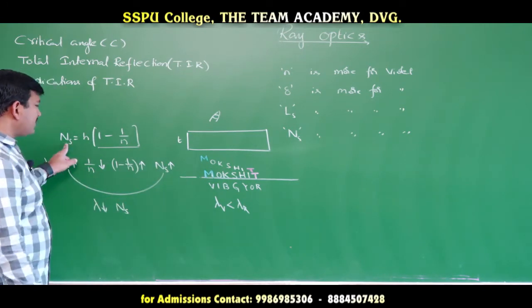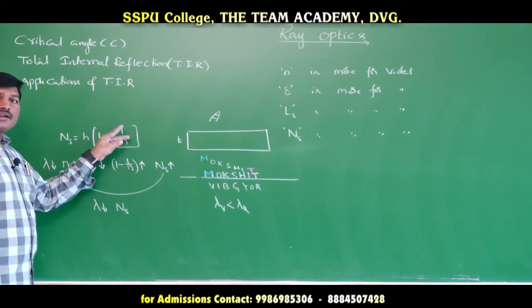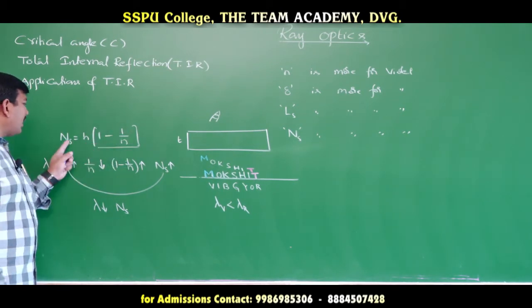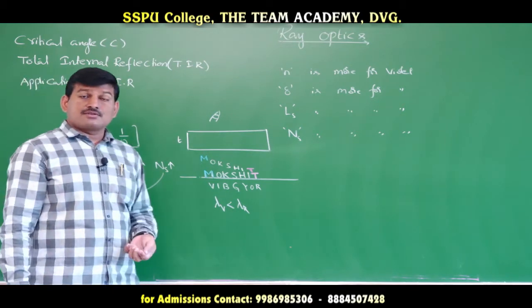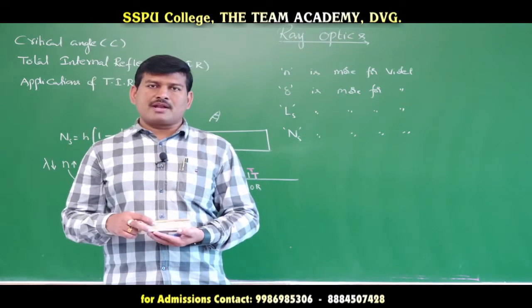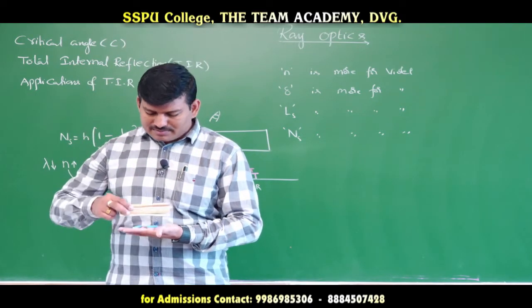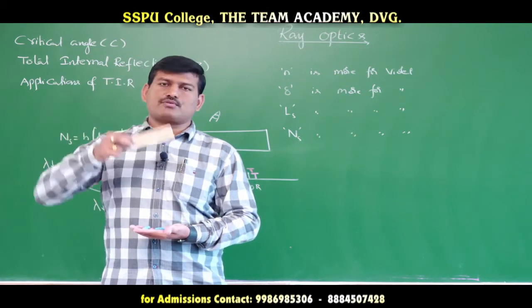So normal shift depends upon the thickness of the refracting medium, and it also depends upon the refractive indices of the two media, as well as upon the color of the light. And one more thing is, normal shift does not depend upon the location of the refracting medium. That means whether the glass slab is placed like this, or placed here, or placed close to your eye.